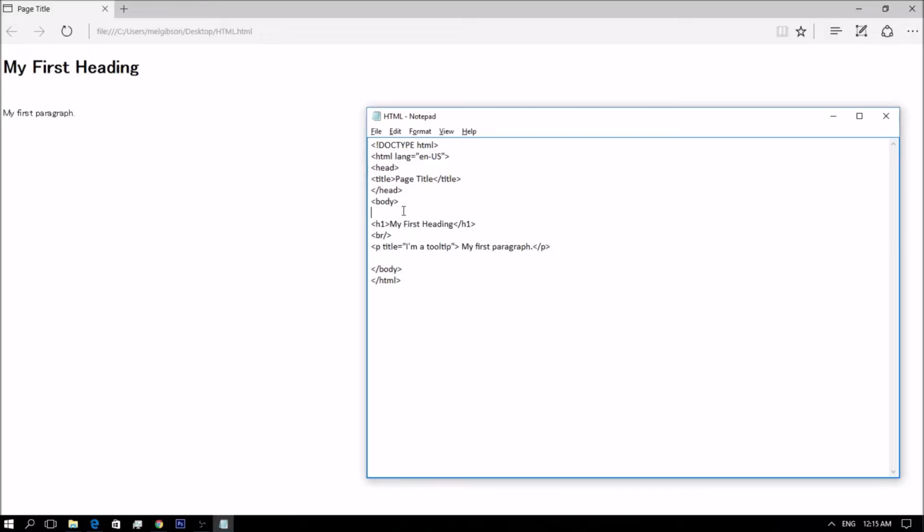So for example, the tag name, style equals quote, then the property and value.